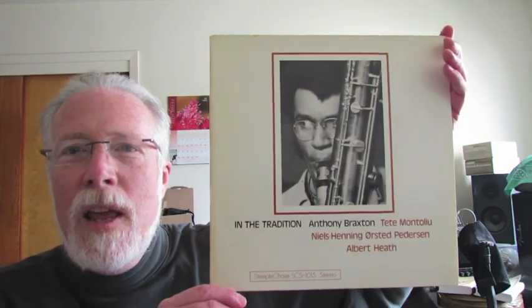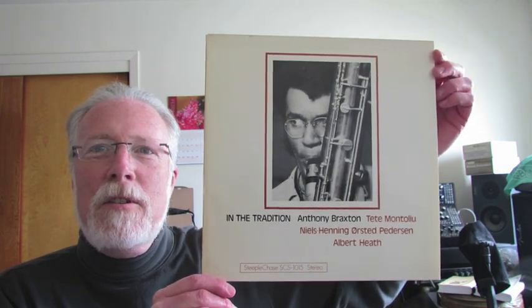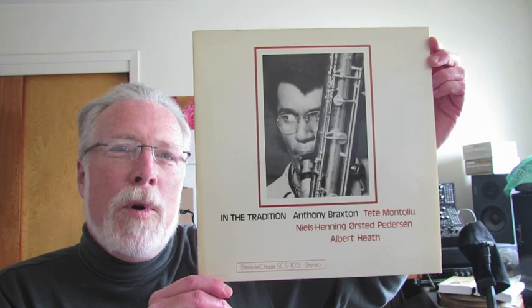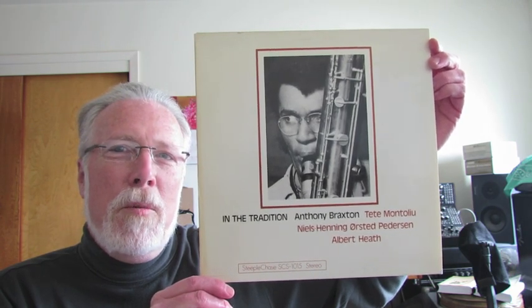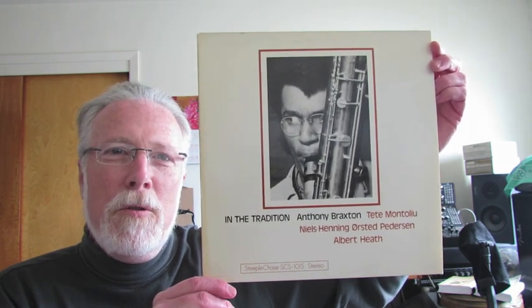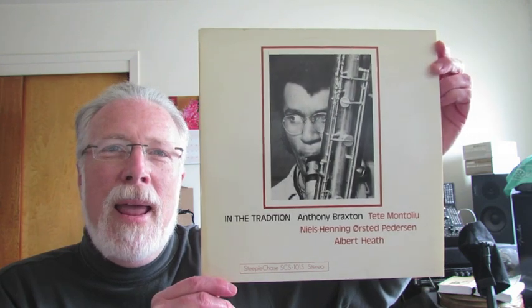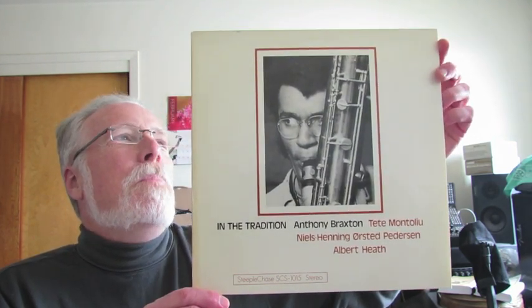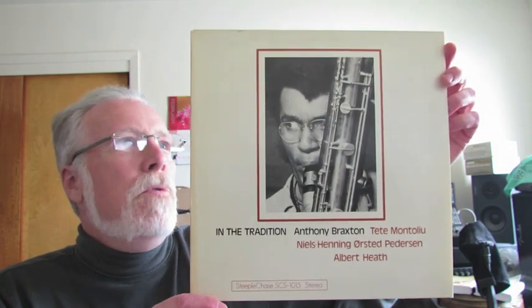And at the same time I picked up this Anthony Braxton In the Tradition album. This is a 1974 recording. It was intended to be a Dexter Gordon recording session, but Dexter Gordon couldn't make it, so Anthony Braxton filled in. And he is playing standards with the rhythm section of Spanish pianist Tete Montoliu and